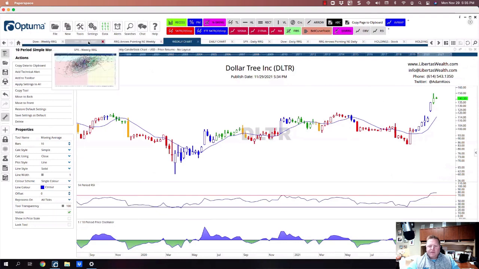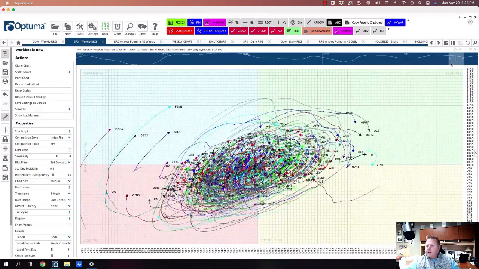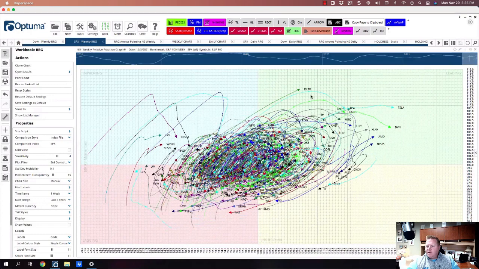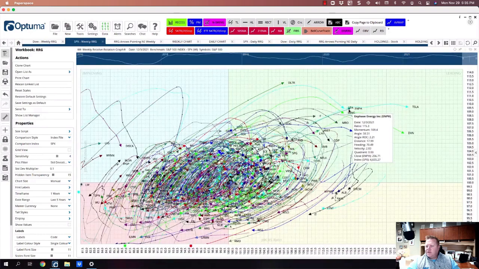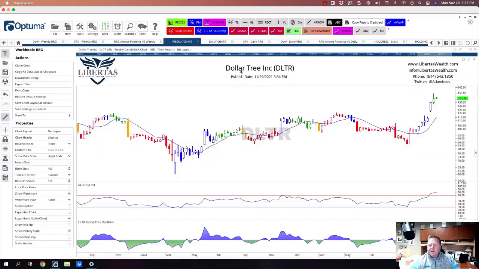And again, as we saw, as time went on here, let me back up. As time went on, we saw Dollar Tree start shooting northward, and now it's leading the market and doing so very handedly. Here's another one over here, Enphase Energy. I wasn't going to look at Enphase. Well, Enphase is a good one. Let's look at Enphase. So ENPH,